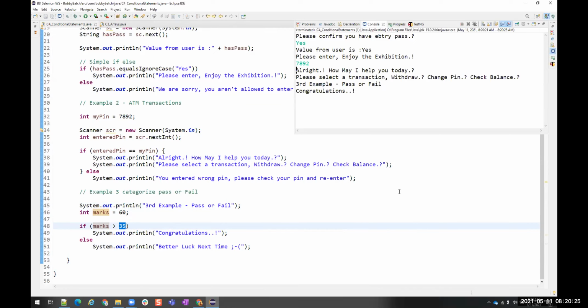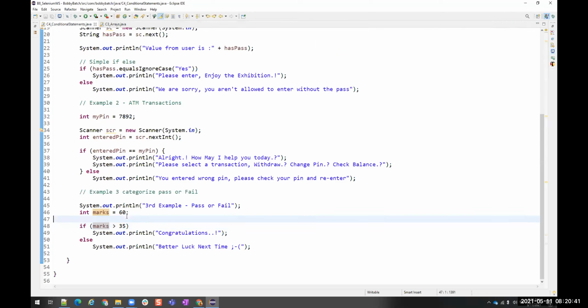Yes. So see, third example. What is the output it is giving for us? Congratulations, right? So it is giving us the appropriate output. For example, anywhere we have marks between 0 to 100, let me give this marks as 125.